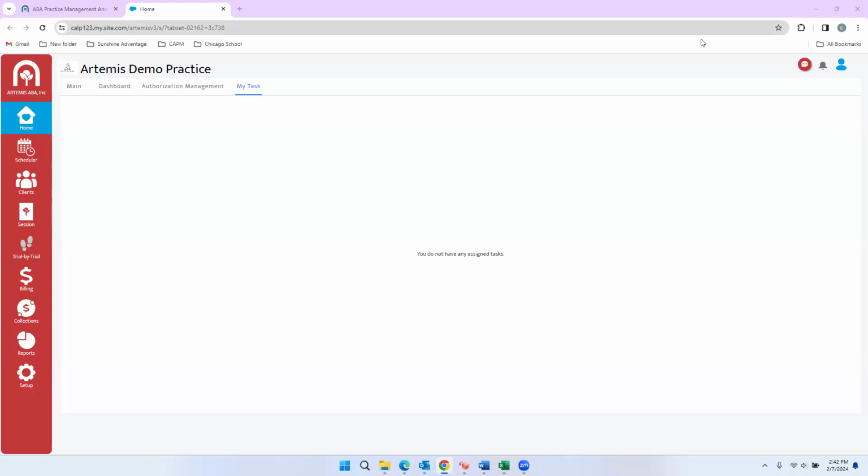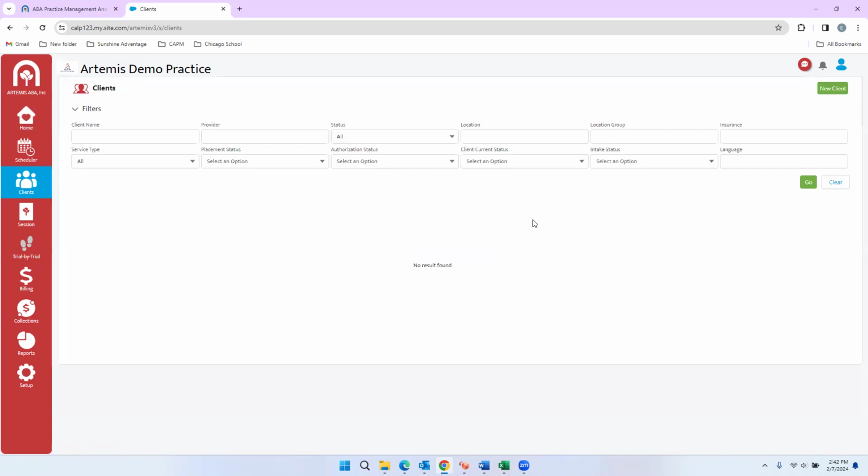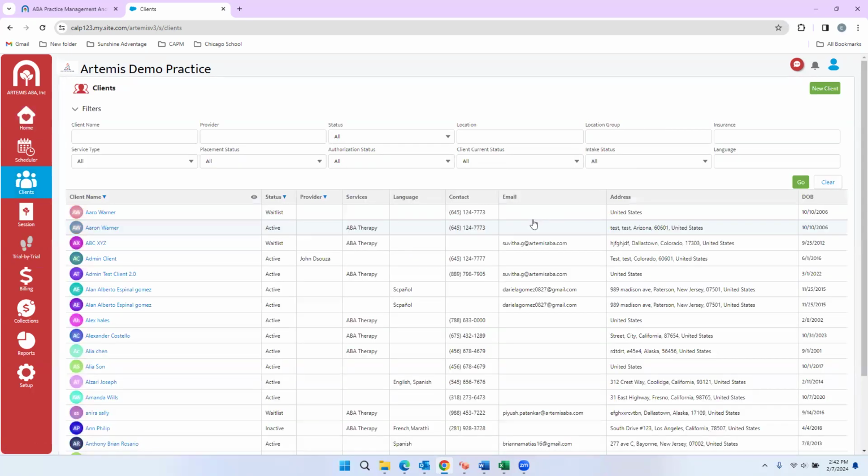Let's venture off into the Client 360 section within Artemis. Our Client 360 section is specifically the client icon that is third from the bottom on your primary homepage. I'm going to click on Clients, to which I will see, depending on your organizational permission, my primary caseload, or as well as any of the